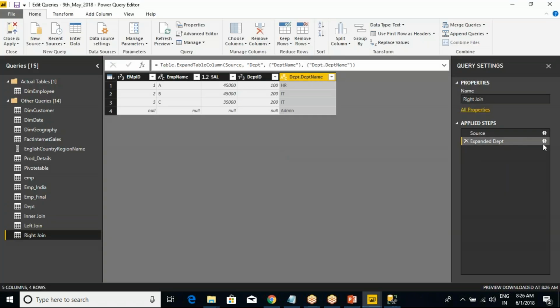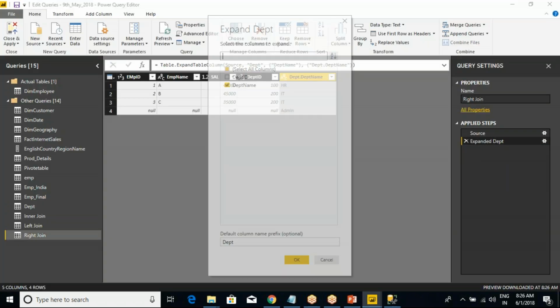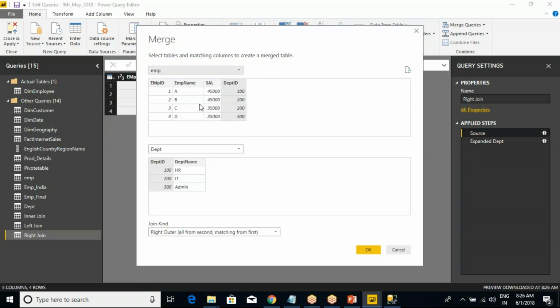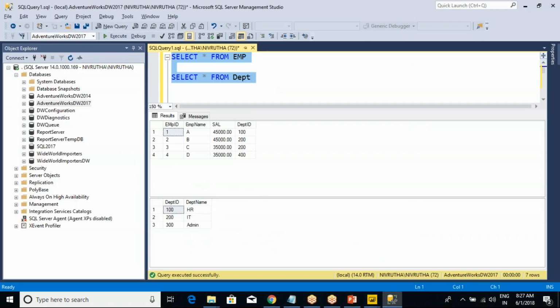See, there is no logic here. When I go back once again, see this one. The right side is nothing but the bottom table. As you can see, in the select and the bracket, all from the second matching from the first table. Left and right you can compare to our first table or second table. All records from the second table would be called the right side. So now tell me,